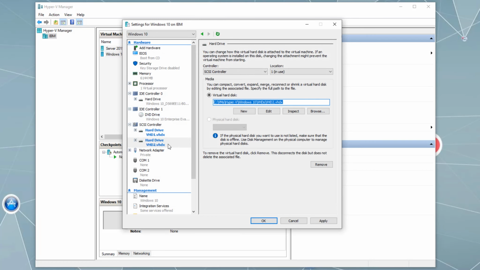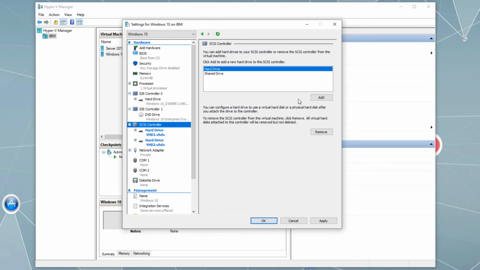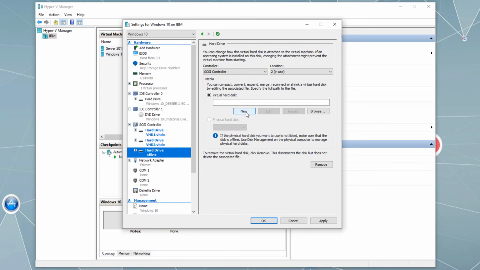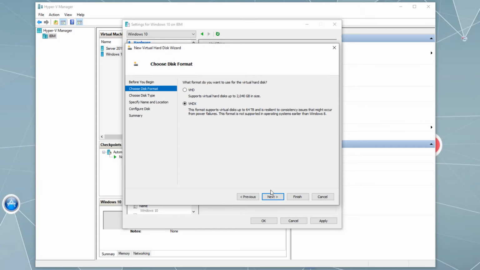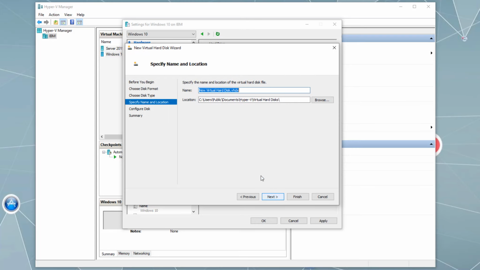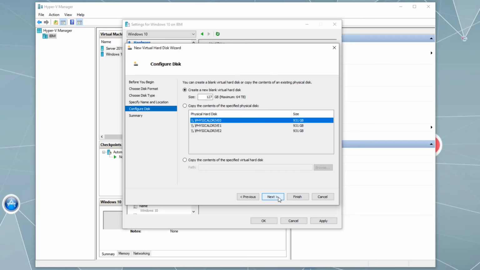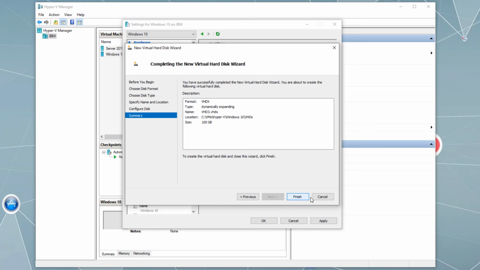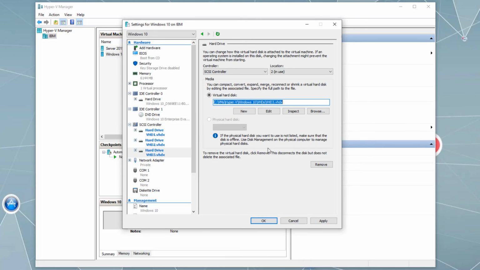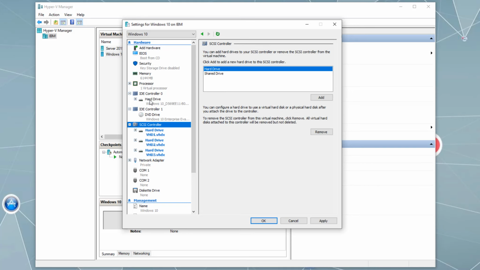Let's do the same for the third. So SCSI selected, hard drive, add, and then click new. Next, VHDX, dynamically expanding, VHD3. Okay, so here we did add 3 virtual hard disks to our SCSI controller, and of course this is our